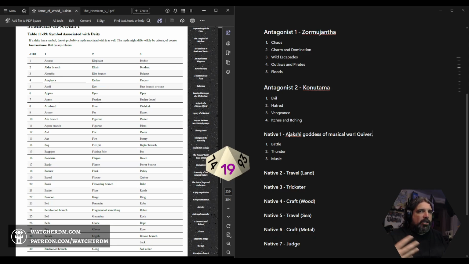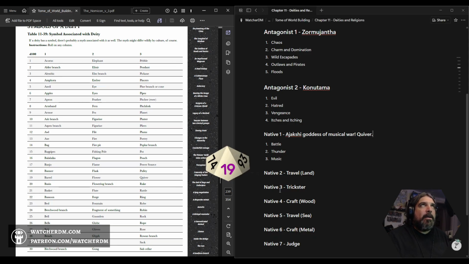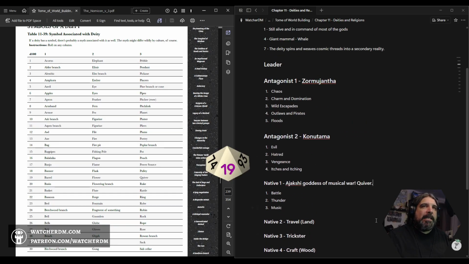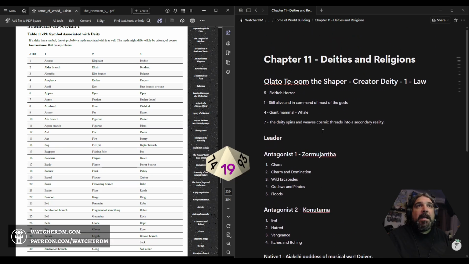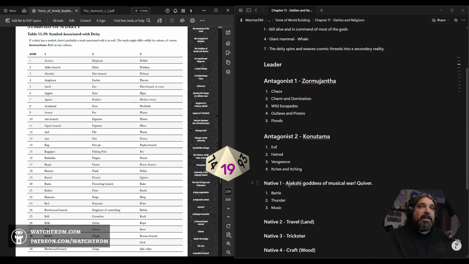The clash of shield is percussion. The cacophonous music of battle is a cool vibe. I really like this. I like this goddess probably better than everything else I've rolled here. And sometimes that's what you do, you make a whole pantheon and you're like, scrap all the rest of this stuff, grab this one goddess concept, whatever, and go. I love it. All right, cool.